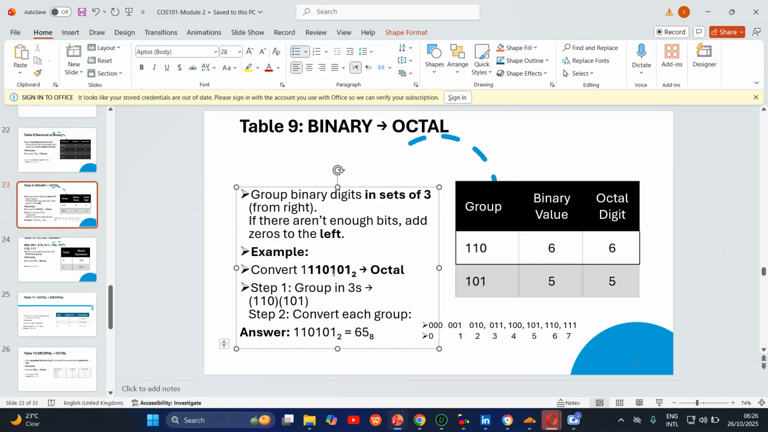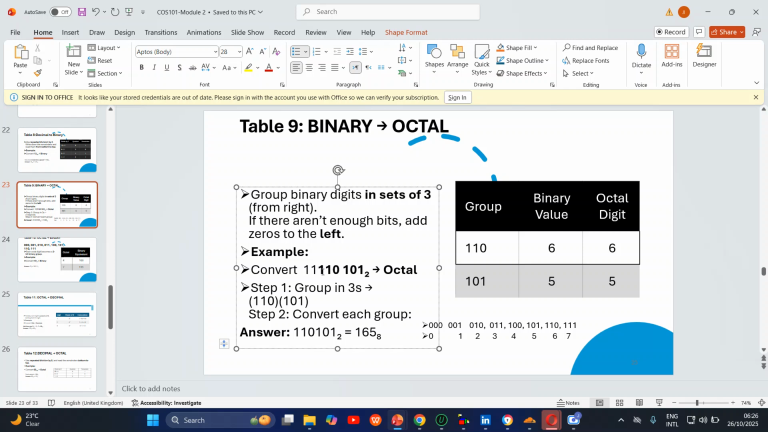What happens? So you group this one, you group this one, we're left with 1, then you add 0 to the left to make it 3. So 001 is 1. So the answer to this should be like 165 base 8, right? Like this. So what if we have this,